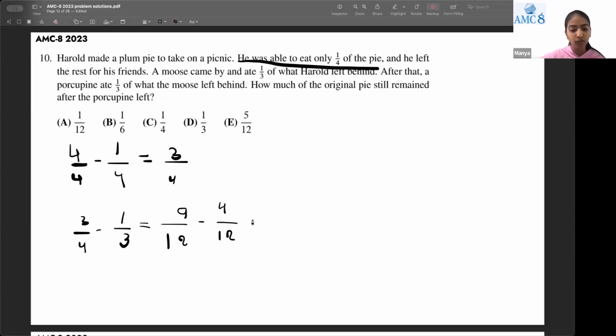And then we're going to be getting 5 by 12. So 5 by 12 of the pie is still remaining. Then a porcupine ate 1/3 of the 5/12s, meaning that you have to do 5 by,